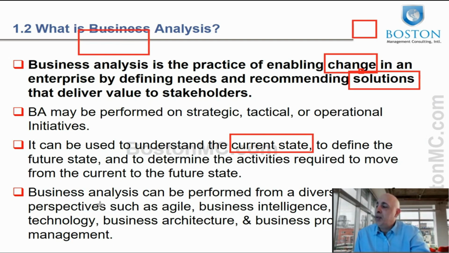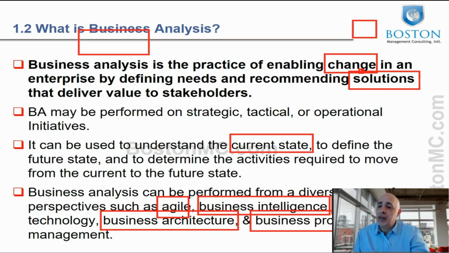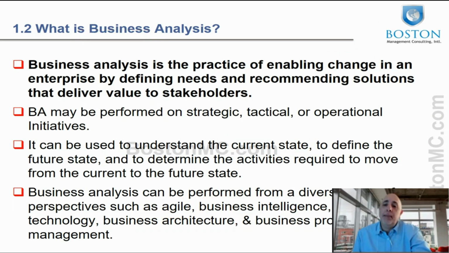So it can be done in different perspectives. So I may be involved in business process where somebody else may be involved in maybe creating apps, and others could be involved in, let's say, artificial intelligence, or maybe data. So everybody could be in different environments. So you see them here: agile, business intelligence, information technology, which is IT in general, business architecture, which is organizational structures and so on, and business processes, right? So five different perspectives that a BA could be involved in, and you may find that in your career, you may move within all of them.